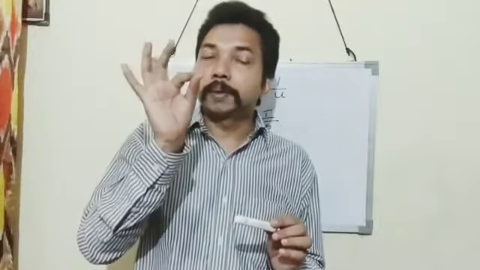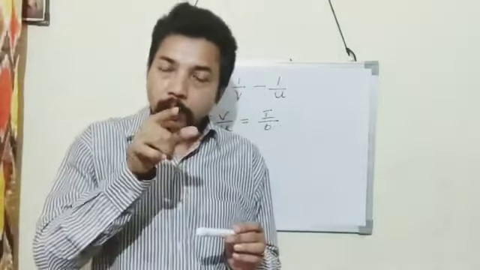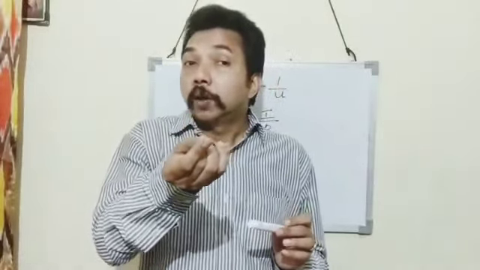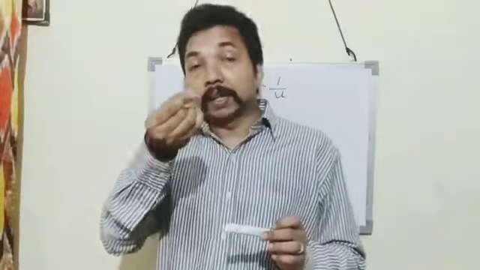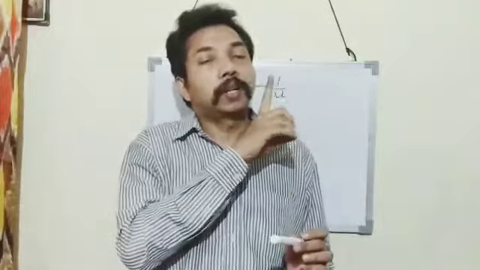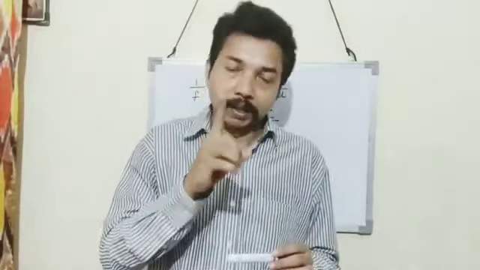In the case of object distance, the distance must always be measured from the optical center. So the distance from the optical center to the object is always measured opposite to the direction of the incident ray. So in the case of object distance, when we apply the sign convention, in U we have to